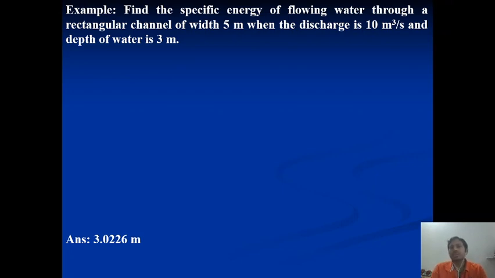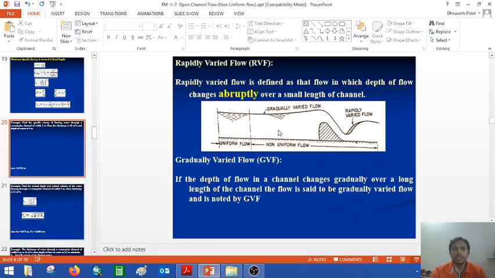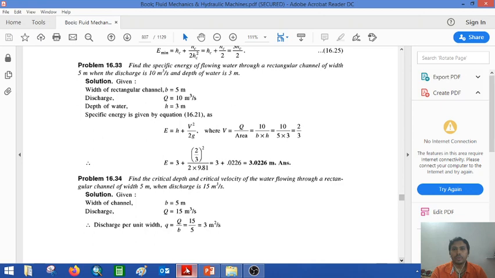So what equation do we use and how do we identify that? These examples are from non-uniform flow? Yes. We can identify it if we look very carefully. It is obvious that it is a rectangular channel, but again, when you observe that it is with the specific energy, then you understand that this comes from non-uniform flow, and we derived just now that the equation is E equal to h plus v square by 2g. So let me apply those equations and we will find the values. You go through it, I already shared the book with you, and in the book you can go directly to page number 807 where the examples are cited.